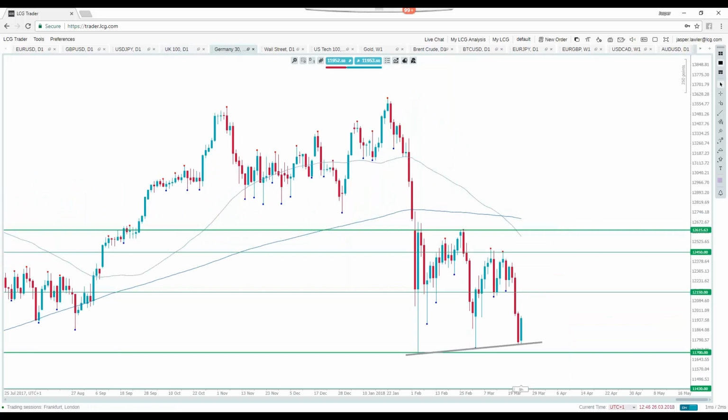Switching gears to Germany, it's quite interesting. Everyone was making fun of the death cross, but it actually panned out pretty well. Literally a few days later, we had that massive collapse in markets. The death cross happened around here. By the time we closed, it was probably this candlestick here. We bounced the next day, and then just collapsed the next 3 days. And we found support, a bit of a rising trend line off the lows here.